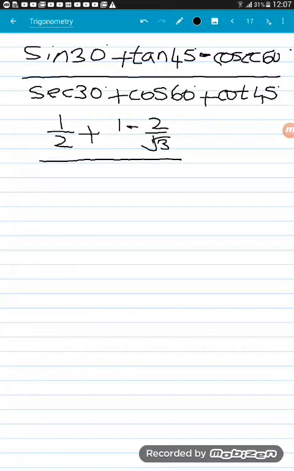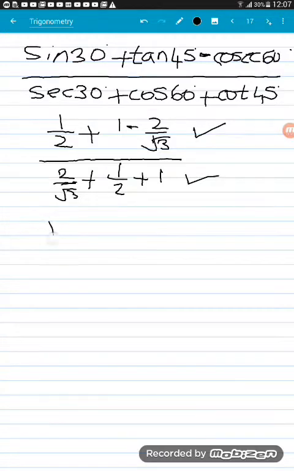Sec is the reciprocal of cos 30, so it will be 2 by root 3, plus 1 by 2 plus 1. Cot 45 is nothing but the reciprocal of tan 45. So if you take the LCM for the numerator and denominator and solve it, it will become root 3